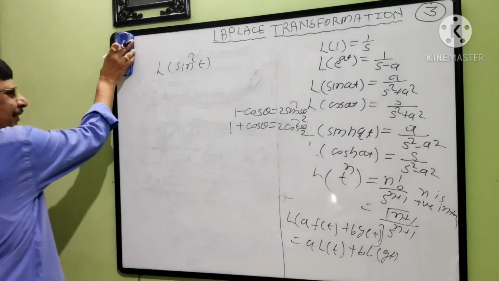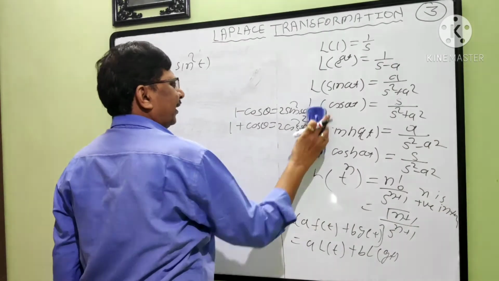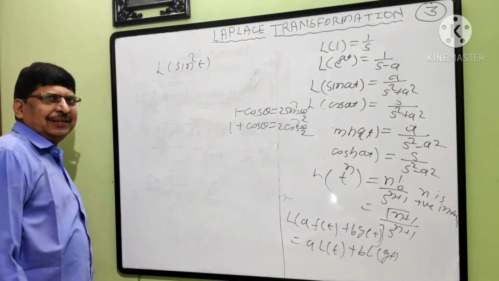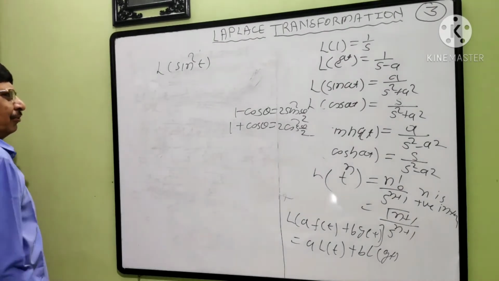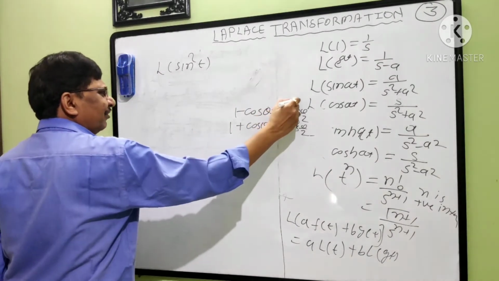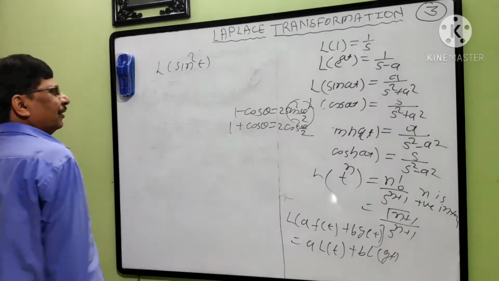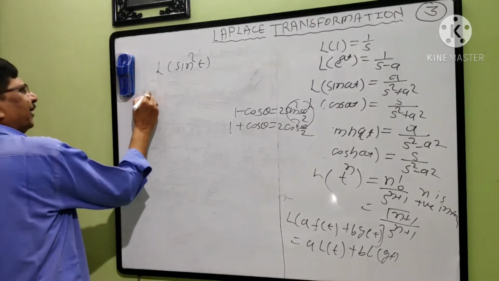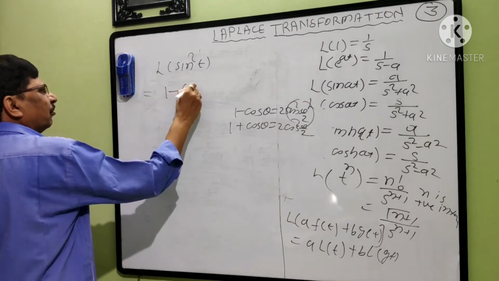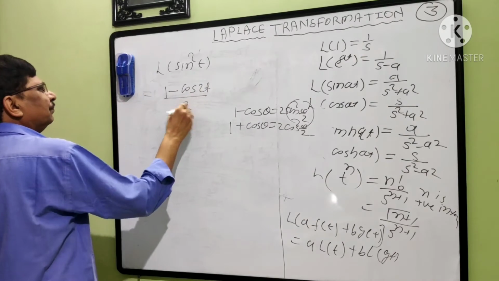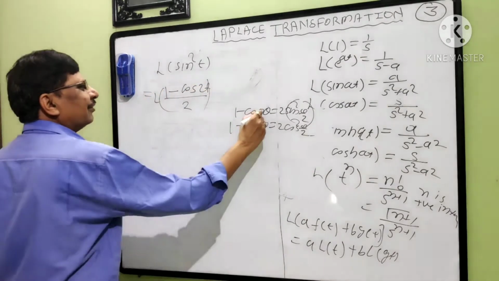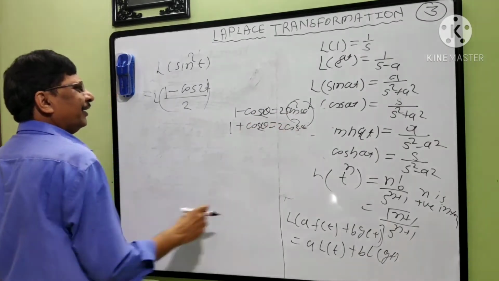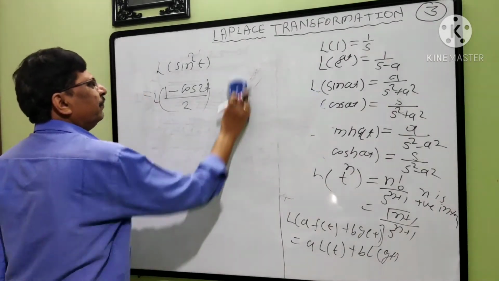Okay, I think you can write this, or now according to the situation I will write. These are the two formulae: 1 minus cos 2 theta is 2 sine square theta. Now you have to convert this sine square t in terms of this formula. Sine square t means what? 1 minus cos 2t upon 2. If there is a 2 theta here, there is a theta there. Which formula have I used?